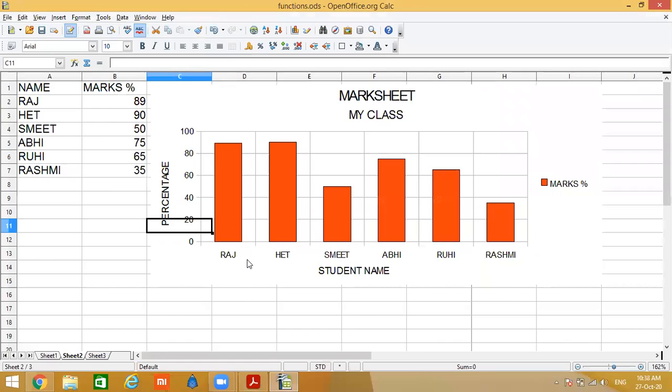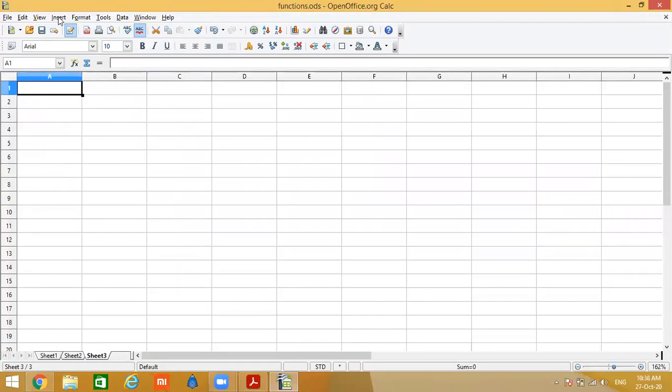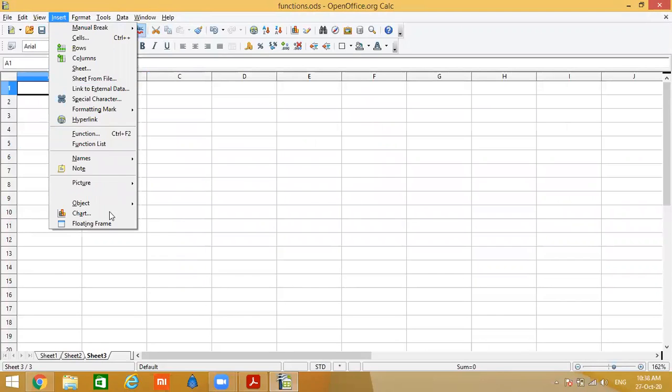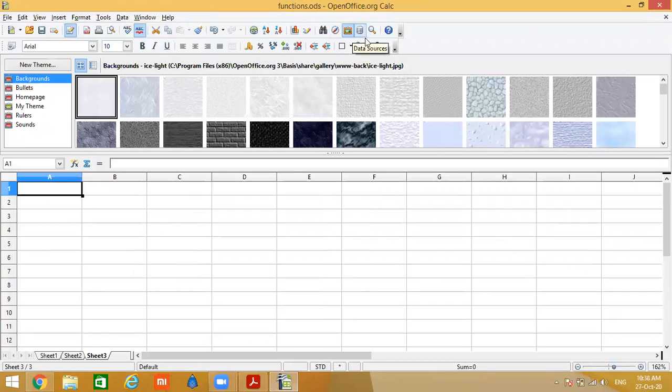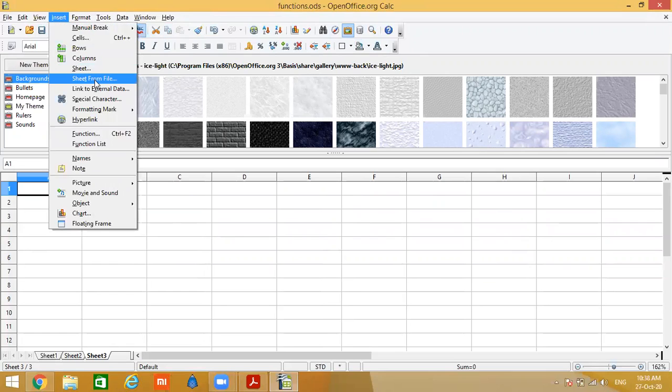This is WordArt. You know very well how we use WordArt. We will go to the menu, Insert, Object, or Insert Gallery. See, what you want to insert, font color. From the Insert menu: sheet, special character, function, movie and sound, object.